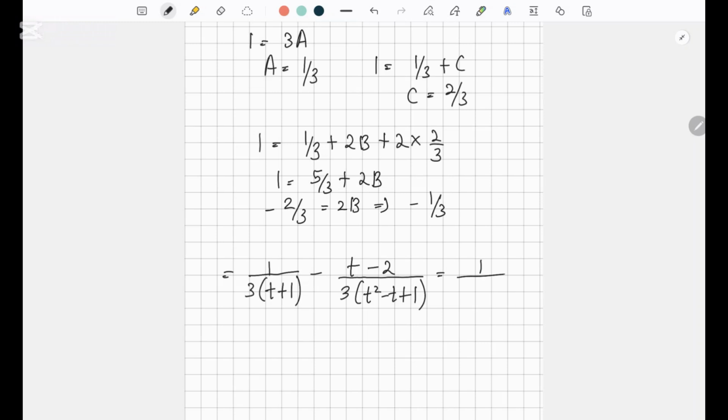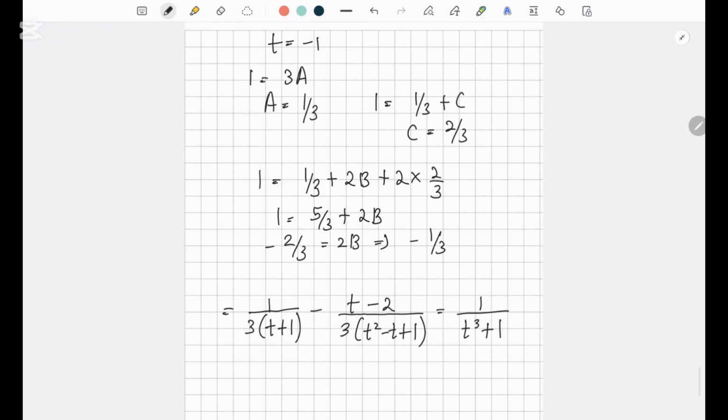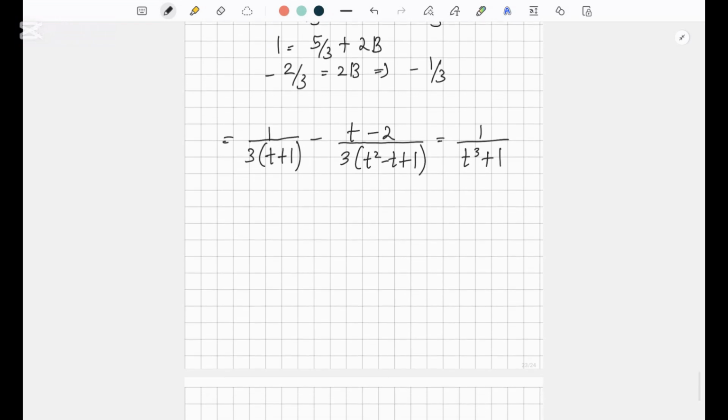Now this is 1 over t to the power 3 plus 1 in partial fractions, alright? Okay, so instead of integrating 1 over t to the power 3 plus 1, now we can integrate this 1 over 3 into t plus 1 minus t minus 2 over 3 into t squared minus t plus 1